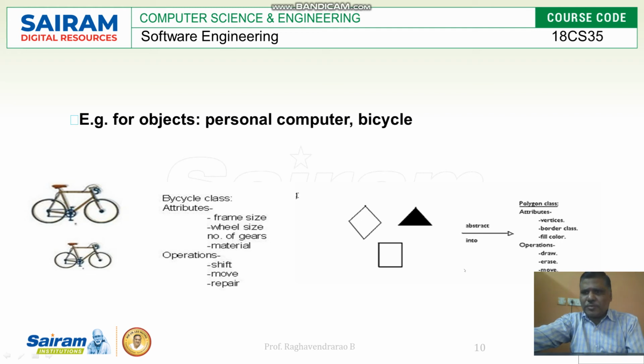What are the operations? Draw, erase, and move. Anywhere it is possible to move, and you can draw the figures because vertices are given. Based on how many vertices are given, we can draw the picture. With border colors you can also fill the colors. Anything is possible in this. And one more thing: in the bicycle class we have the attributes frame size, wheel size, number of